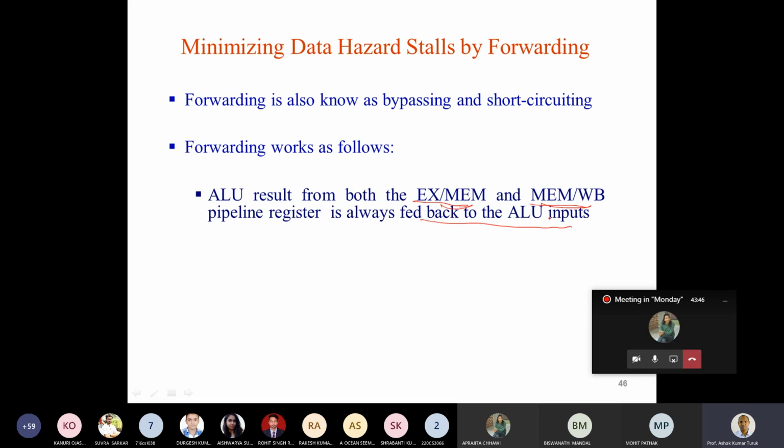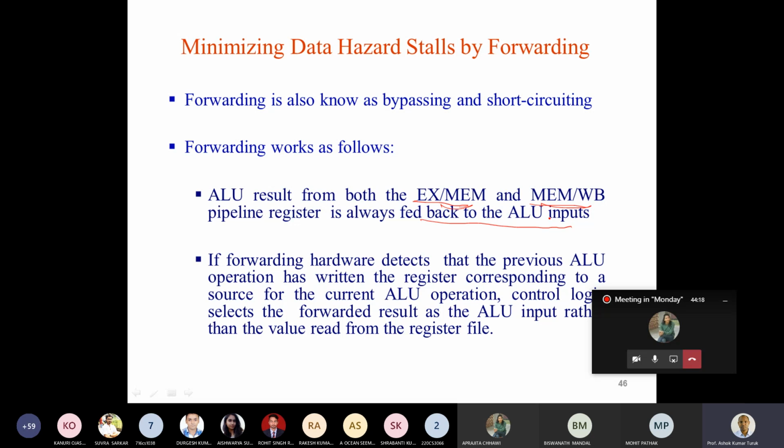When you have more than one source to the ALU input, definitely you need a multiplexer, and using that multiplexer you have to select one of the inputs: whether the input is to be read from the register file, or the input to the ALU will come from the execution memory stage, or the input should come from the memory and write back stage. So you need a multiplexer to select depending upon where the input comes from. So logic has to be built in to read the input from the correct source. Then how do we determine the correct source?